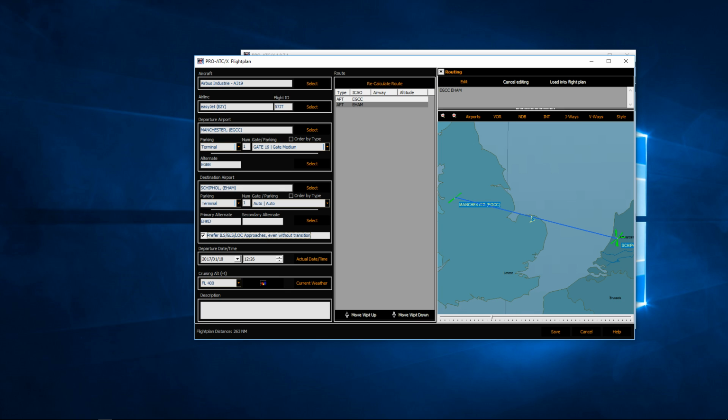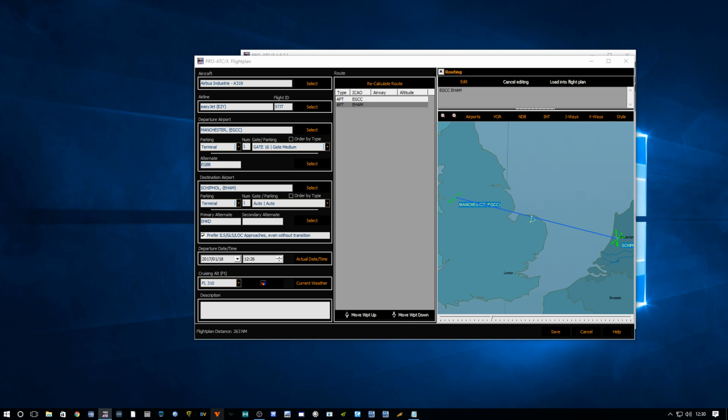So I've been given a flight level of 31,000 feet. I will change that, and I've changed that, but now I'm going to undo it, because what I'm going to do now, and this is the way I do it, you can do it however you wish,